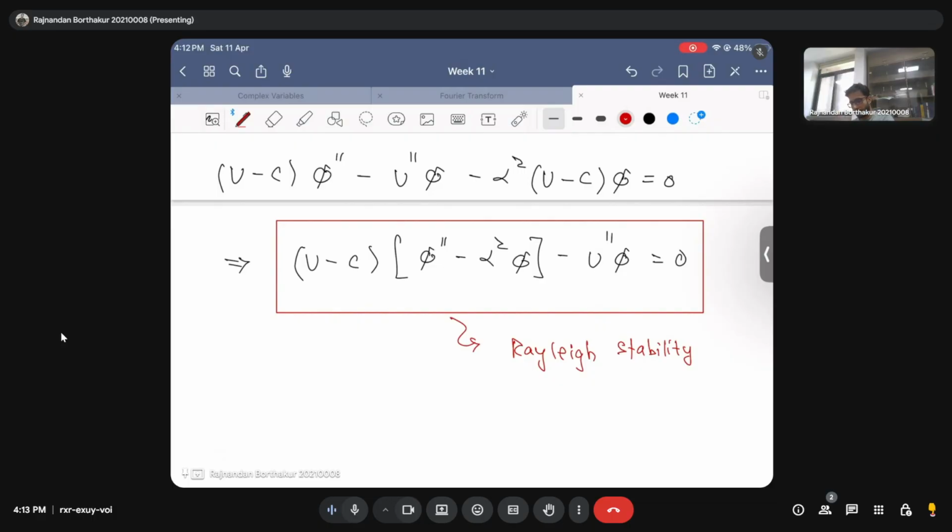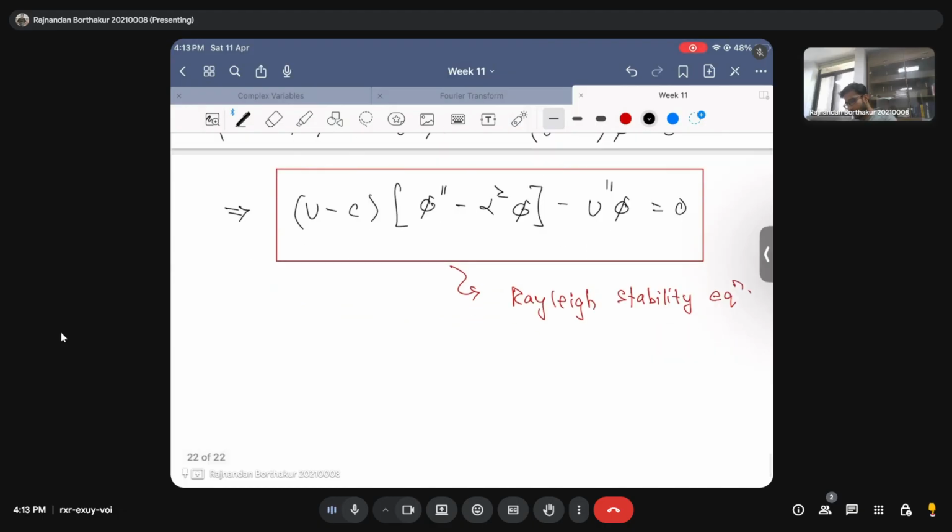Right. So it was work done between Lord Rayleigh and G.I. Taylor. You cannot imagine fluid mechanics or fluid dynamics in principle without the greats like Lord Rayleigh, G.I. Taylor, and Euler, and scientists like that. But anyway, this is the infamous Rayleigh stability equation, and you can see that this is